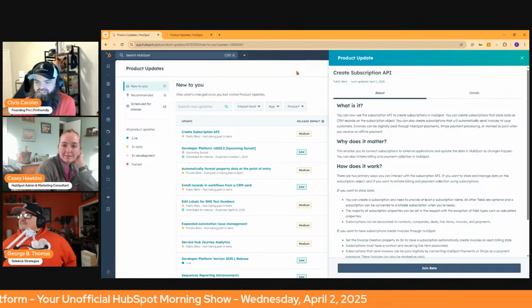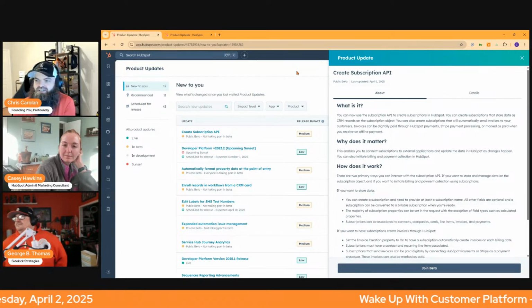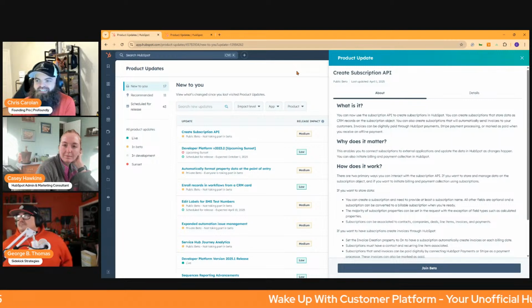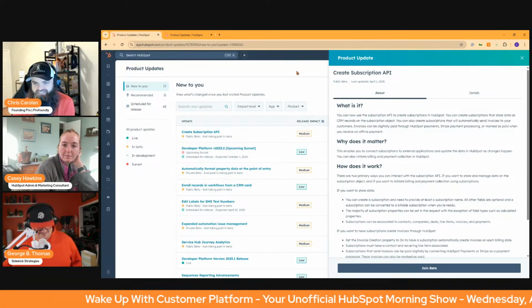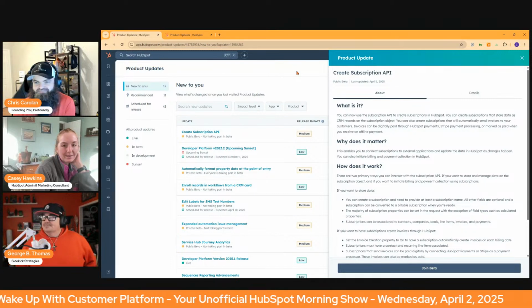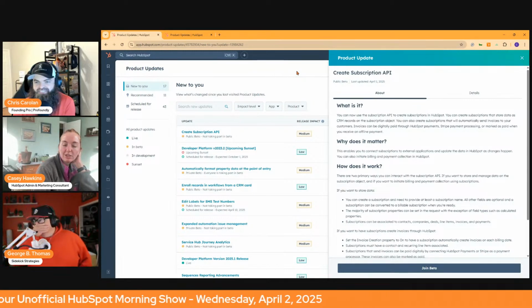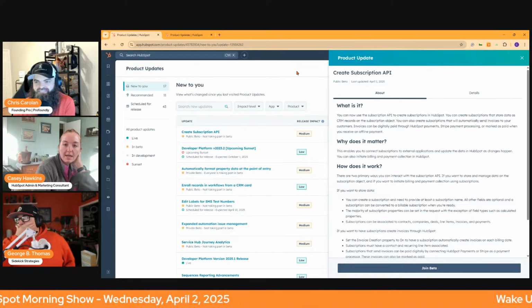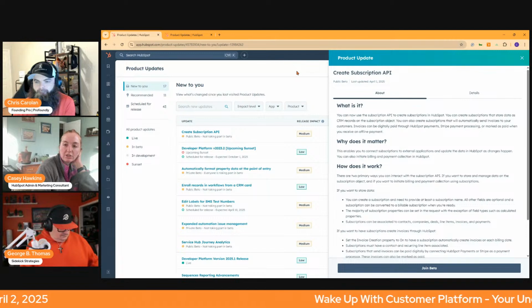Invoices, also another object, can be digitally paid through HubSpot payments, Stripe payment processing, or marked as paid when you receive an offline payment. Why does it matter? This enables you to connect subscriptions to external applications and update the data in HubSpot as changes happen. You can also initiate billing and payment collection in HubSpot.